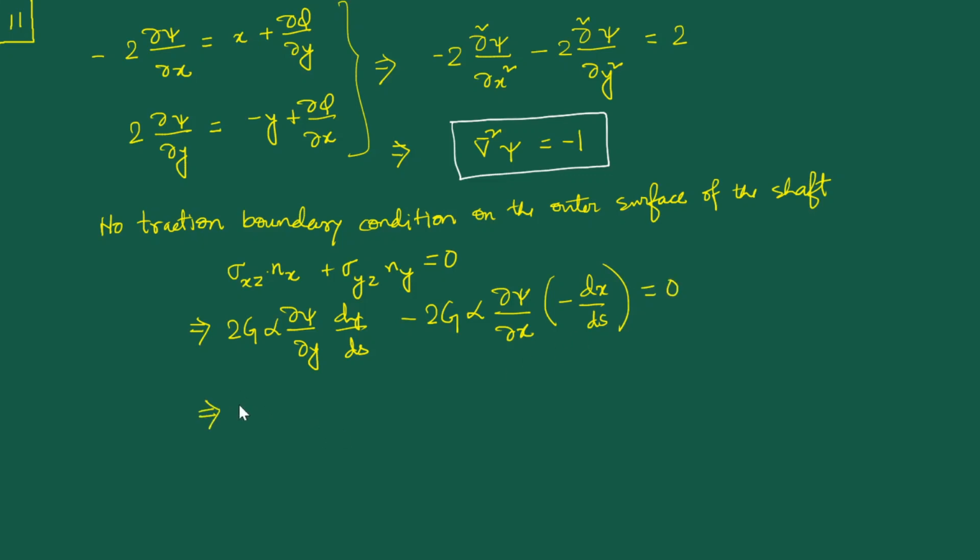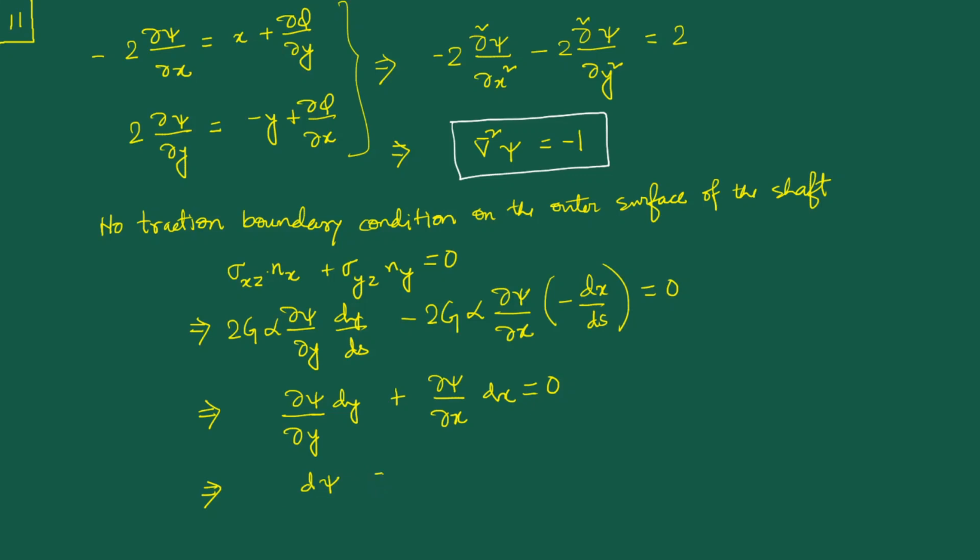So what we are going to obtain from here is, we can just cancel out this twice g, we can also get rid of the alpha, so what we are left with is del psi del y dy, get rid of this ds, plus this minus and this minus is plus, and this should be a partial derivative, sorry about that. Plus del psi del x dx is equal to 0,